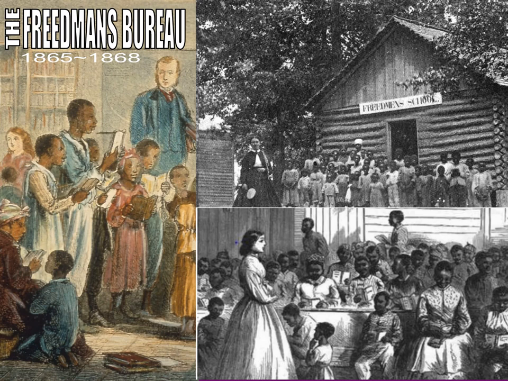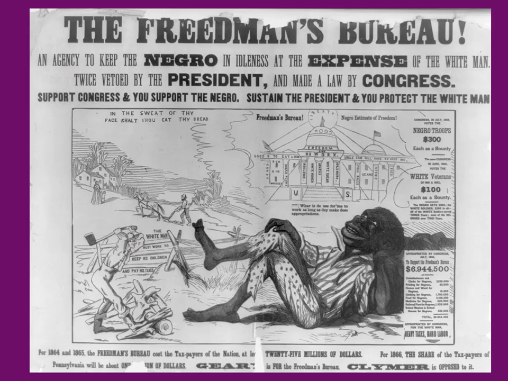The agency also established day schools, night schools, industrial schools, and institutes and colleges. Many of the major historically black colleges and universities were founded or received substantial financial aid from the Freedmen's Bureau. Places like Howard, the first ever historically black college, founded by Union General O.O. Howard. But of course, there were those that didn't like it and didn't want it and fought it and used